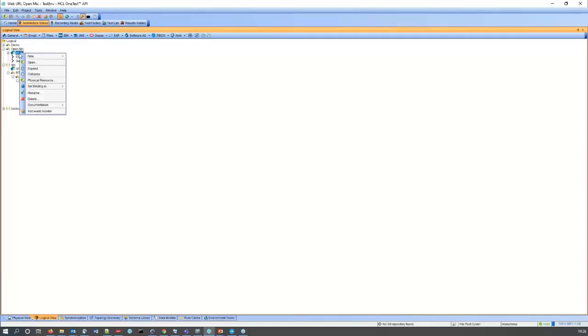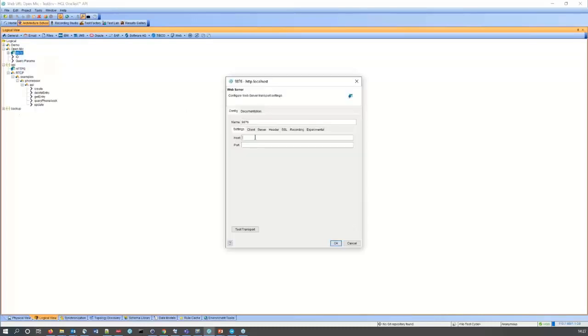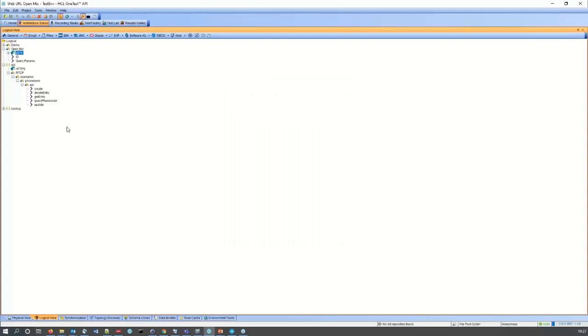So the last thing I need to do on this transport is to edit it to say the host is going to be my own machine, and that's my port number. Right, okay. I'll come back to that